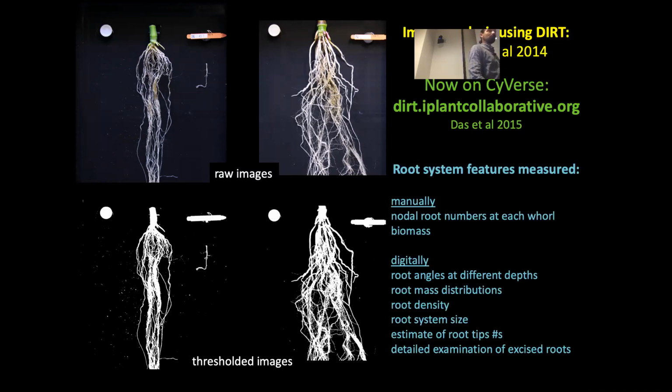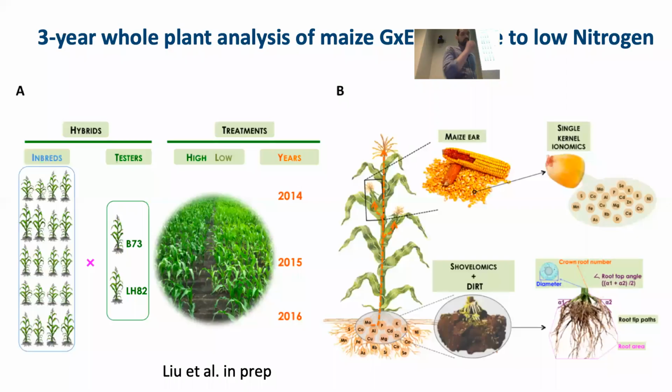So basically, we no longer have an excuse not to study the root system, right? At least to some extent. It's quite easy to do now. It's quite straightforward. So one of the projects we've applied this to is trying to understand G by E response